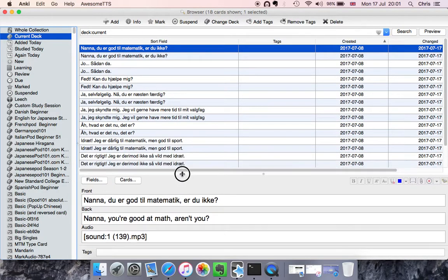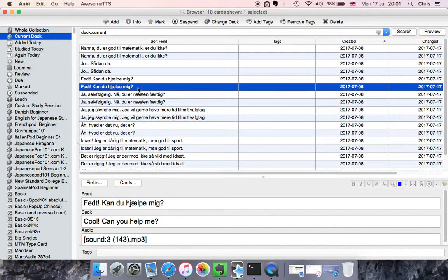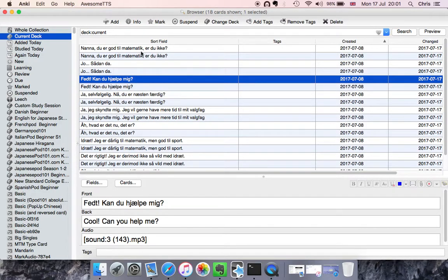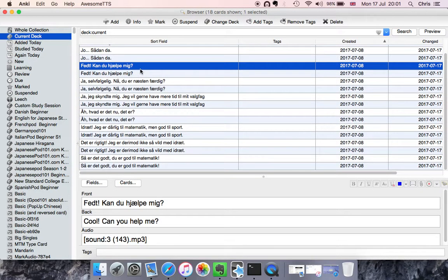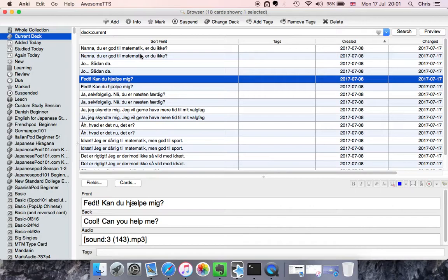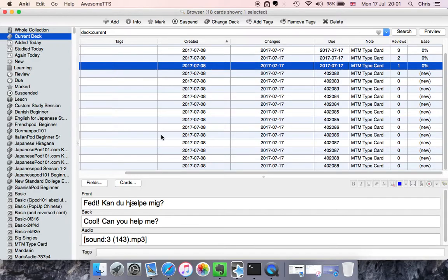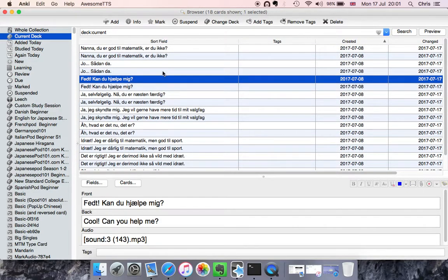So I've got this Anki deck set up. And very simply, all I have is two cards. I have 14 cards, 7 cards here, which equals 14 notes. So I have the Danish, and I have the English on the back, and then I have the sentence here in the audio. And I don't have any vocabulary items. There are no single words here. These are all sentences here. Okay. So I've just done lesson 1 of the